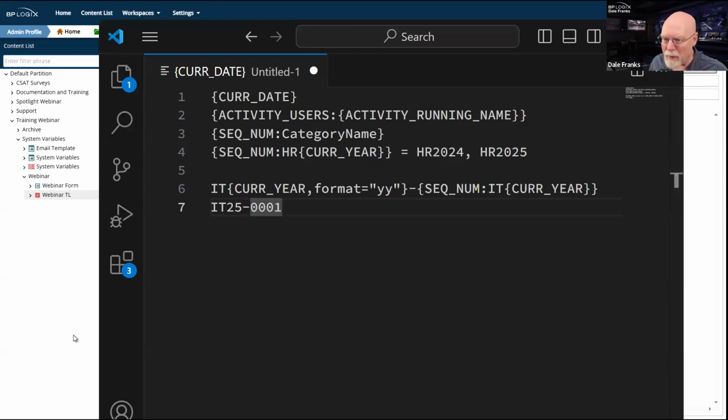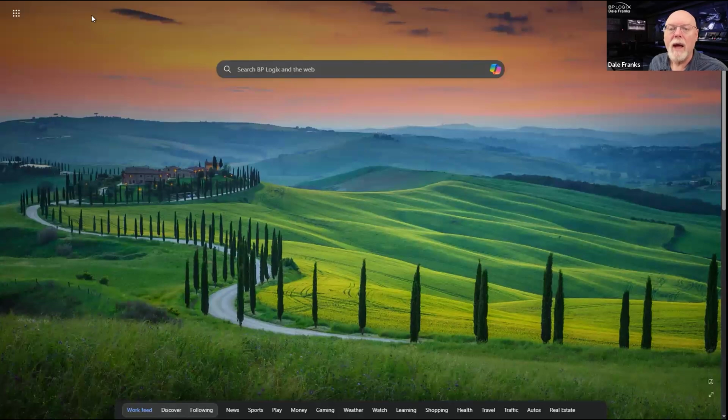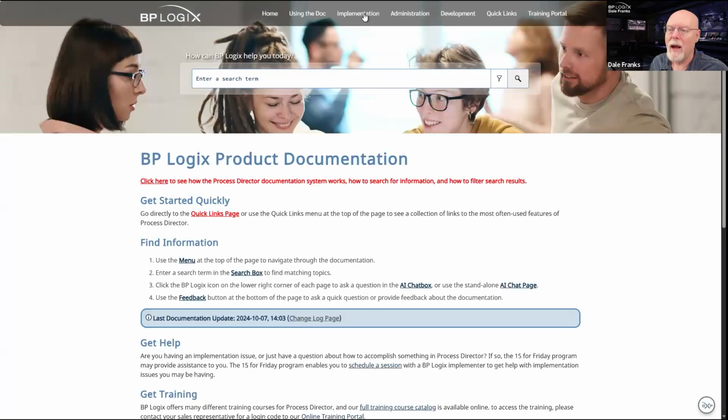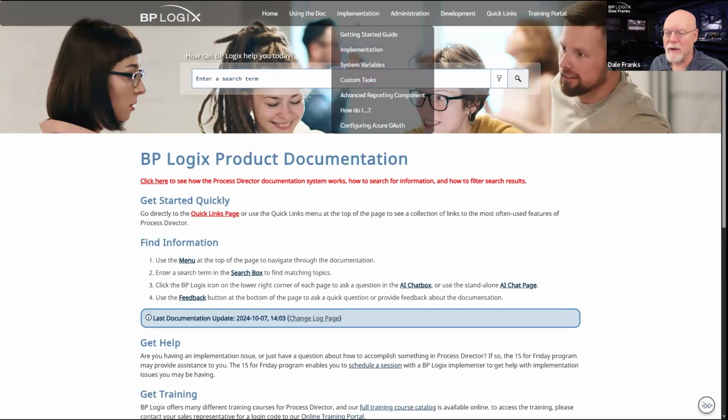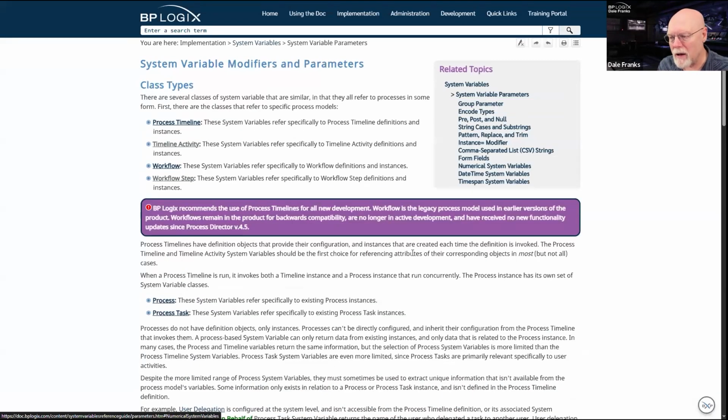Let's talk about formatters for a second, because there's really a lot of them. If you go into the product documentation and you go to the system variables doc, the very first topic is system variable parameters. Now, this is not completely inclusive, because there are some other parameters that exist for special system variables.